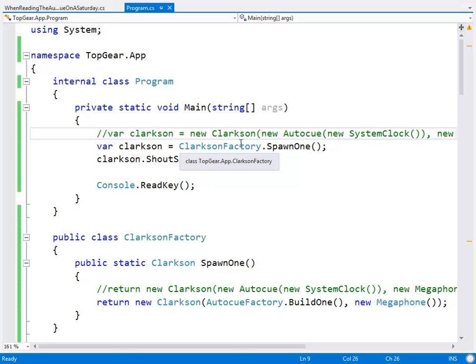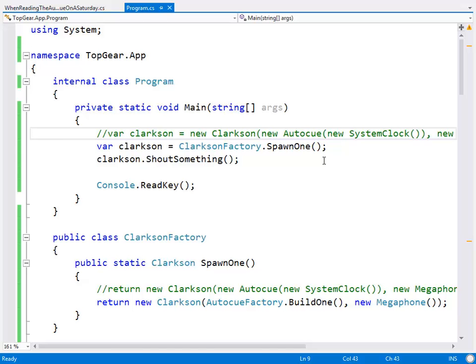Okay, so our first creation scenario was a bit of a bugger. It's kind of ugly. Our second one looks really nice, but then when we actually get to it, oh, that was a bad idea. What we would really like is an automatic factory. A way to say, I don't care what this thing needs, just get me one! I don't care what dependencies it has. Just get me the thing, because all I care about is that I want to use it.